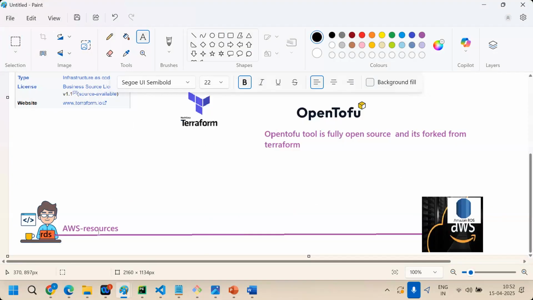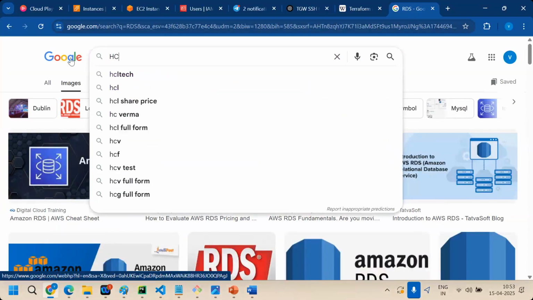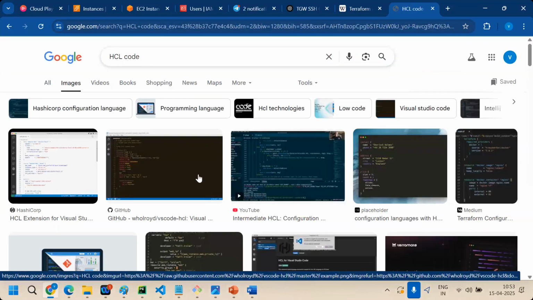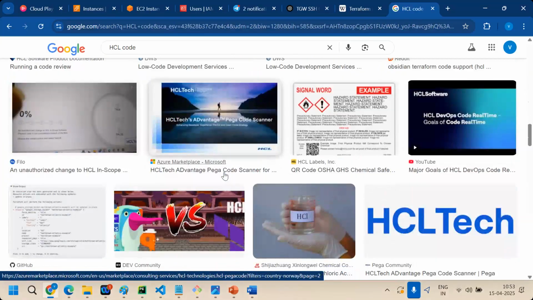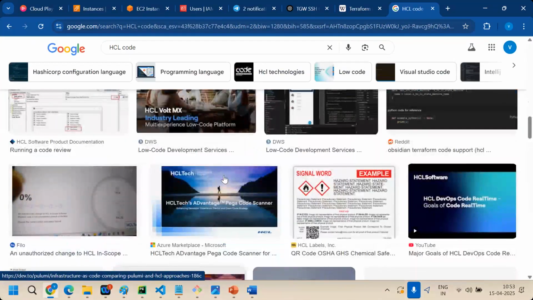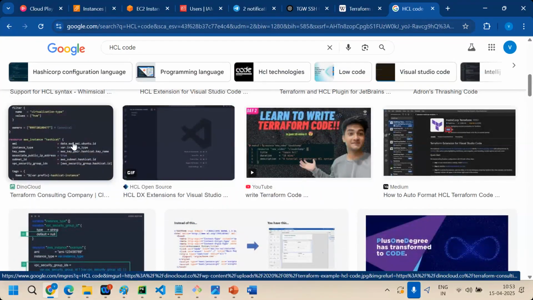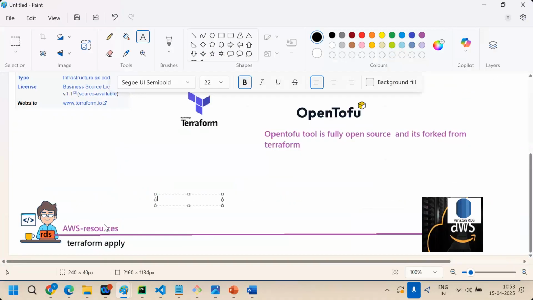If I run the terraform apply command, it means I'm going to apply whatever code I developed, my HCL HashiCorp code.